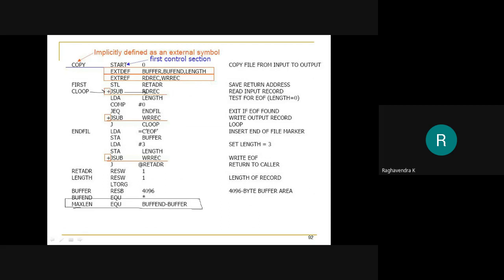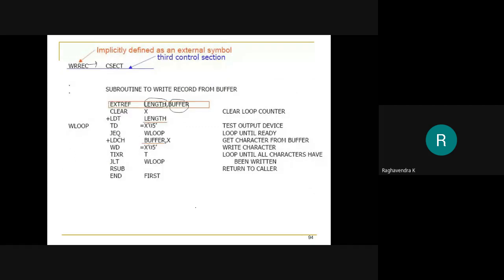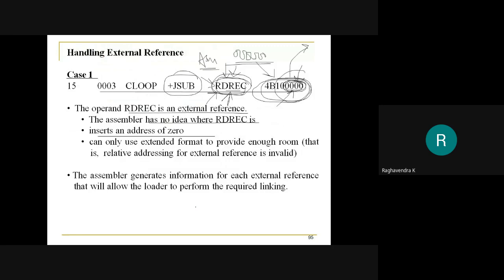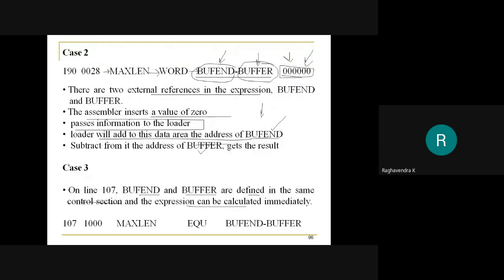But here BUFFEND and BUFFER are defined, so we can generate the object code for that. So this is the third case. So directly you can put the value whenever the expressions are defined. If the expressions are not defined, put 0 for one of them. That's it.